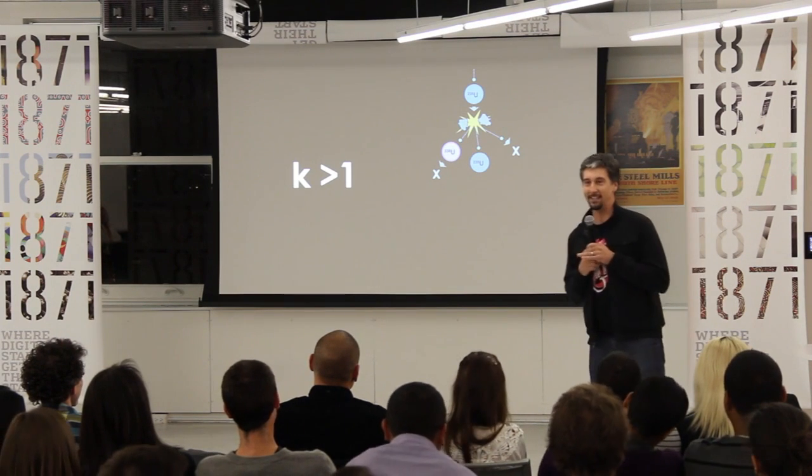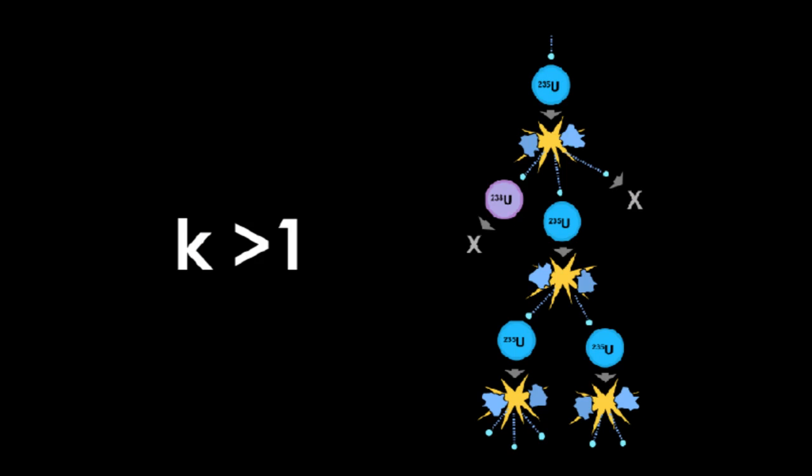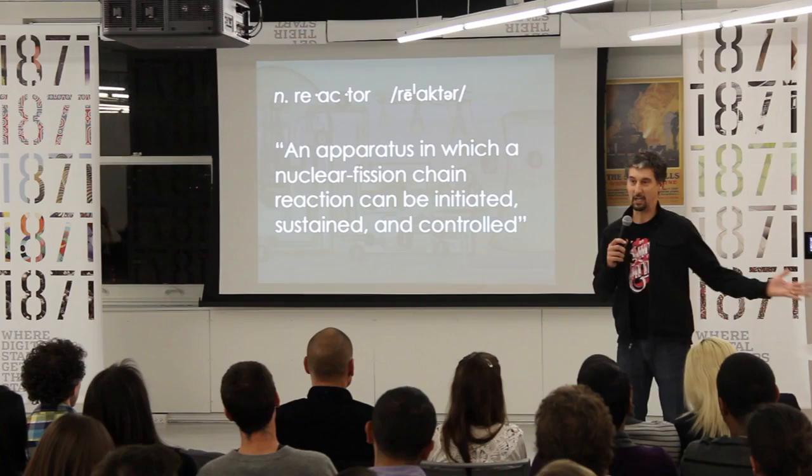So in nuclear science, k is the effective neutron multiplication factor. And what that means is, how many fissions come from a fission? When a neutron bumps into a uranium atom, it fissions and a bunch more get spewed out. How many more fissions happen from that first fission? If k is greater than 1, you have a chain reaction. If k is a lot greater than 1, you have a nuclear explosion.